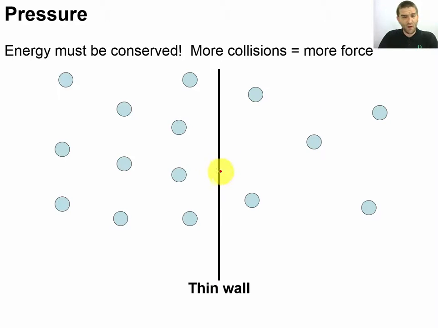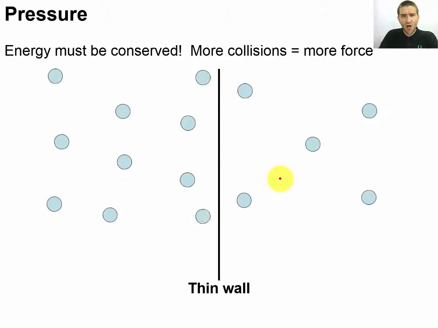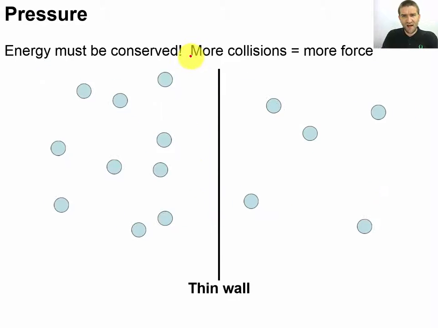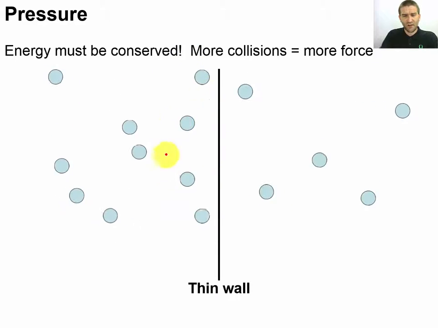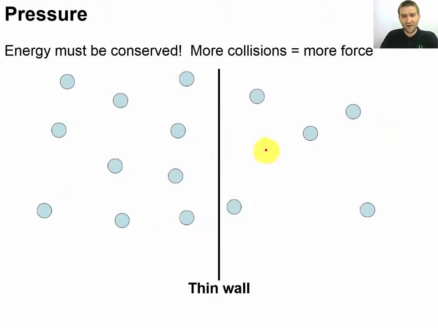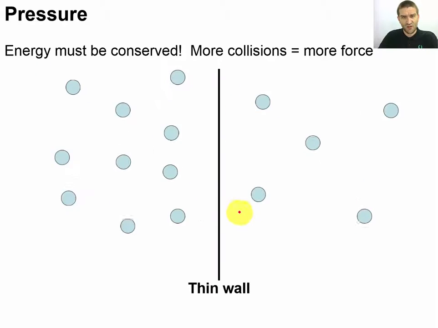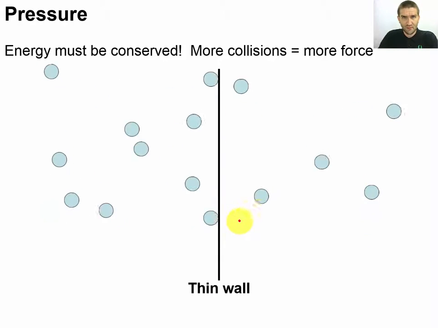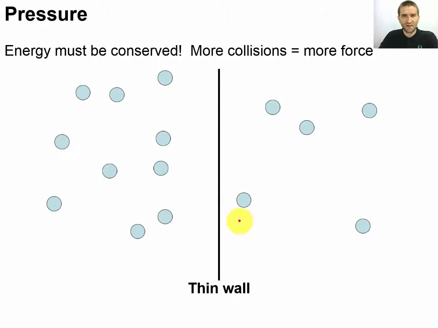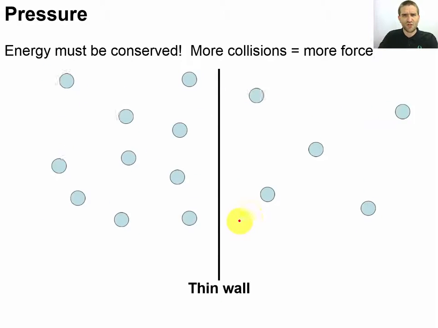Now imagine that we got this thin wall here. All those molecules are on this side, fewer molecules on this side. We put them into motion, and let's just say that they're at the same temperature right now, so they have the same amount of kinetic energy. They're moving at about the same speeds. What's happening right now is that I've got something like 4 molecules crashing into the wall, and over here I've got something like 2 molecules crashing into the wall at any given moment. And of course, it's much more chaotic than this, but it's a good visual for us to just start with,